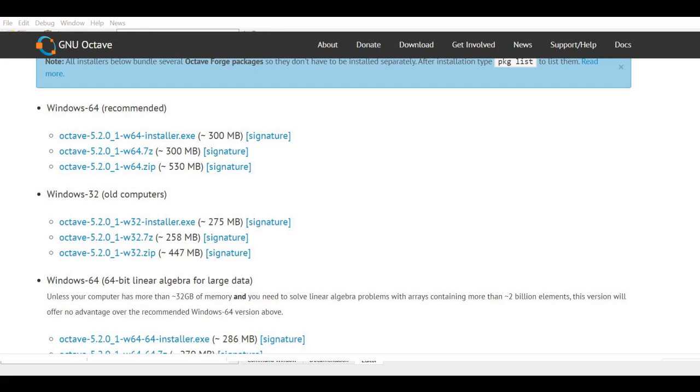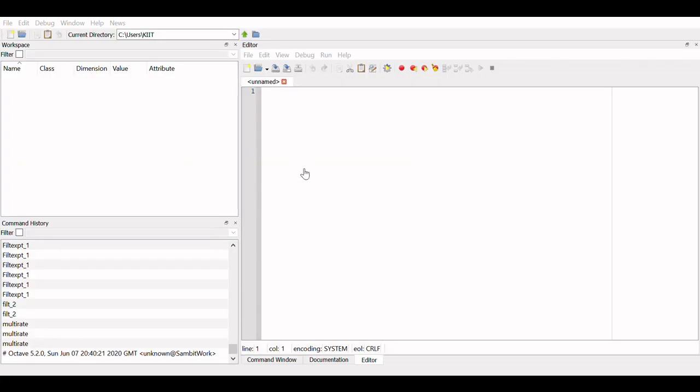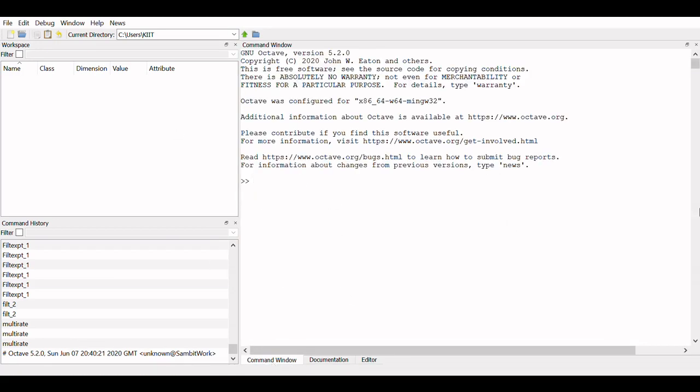Now after installation, if you want to know what different packages are installed, packages are nothing but the toolboxes. In MATLAB we know them as toolboxes. After installation, the interface looks somewhat like this. The interface may not be colorful, but it is almost the same as MATLAB. This is the command window, this is my workspace, this is my command history. Workspace is where the variables are, which you know as the variable window in MATLAB. The codes are exactly going to be the same.